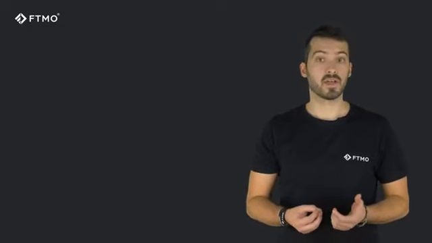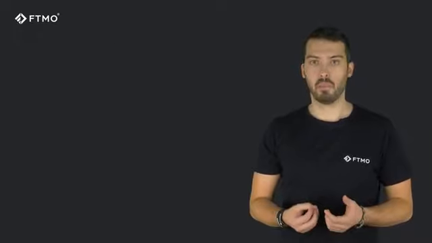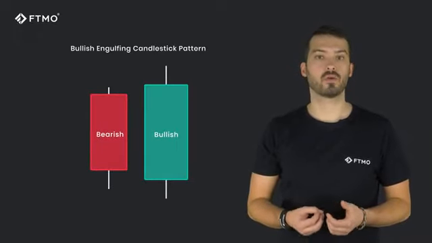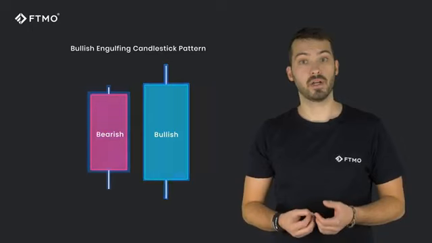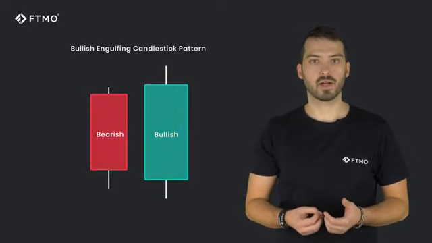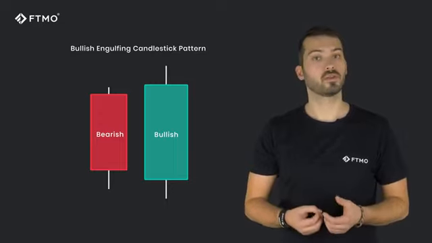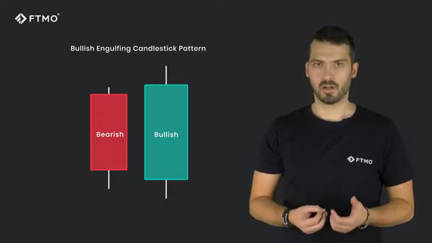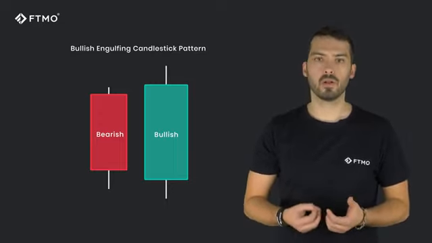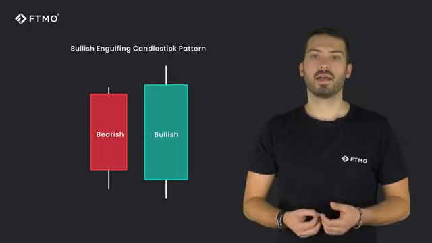The engulfing is a two candlestick pattern. Bullish engulfing forms with a small red candle on the left and a big green candle on the right. The big green candle on the right has to completely overlap the candle on the left. The rule is, the bullish engulfing candle has to trade below the low of the previous candle and has to close